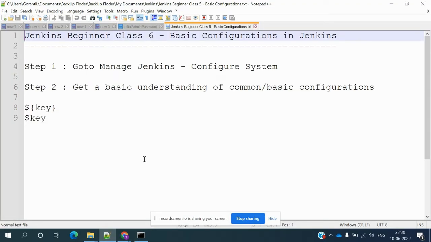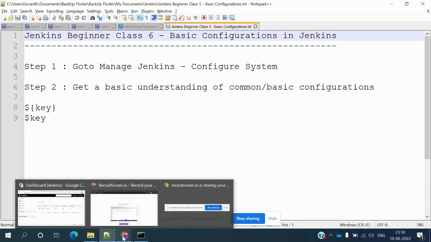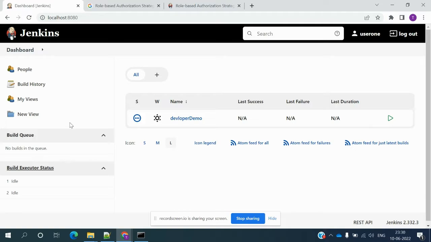This is Lokesh and today we are going to discuss our Jenkins beginner class 6, basic configuration in Jenkins. Here we are going to discuss the main Jenkins configuration system, and we are going to understand the basic common configuration and what all things are required in our process. Once your Jenkins is up and running, then you can go for